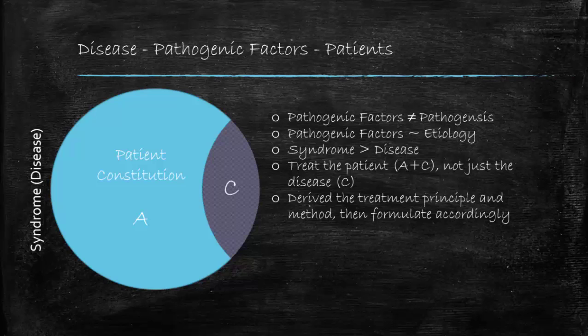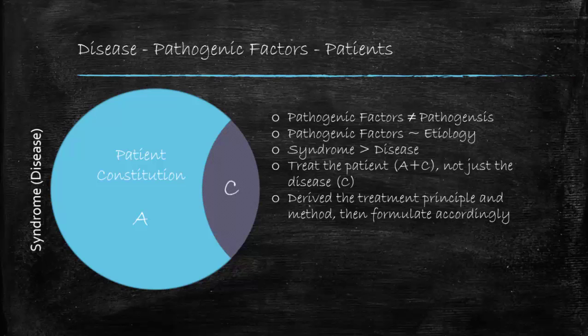At least not all of it. Because the pathogenesis that you identify through your diagnosis could be, yes, wind cold could be a pathogenic factor, it could be the etiology of why this person is having a cold, but the pathogenesis that you identify in terms of what treatment you're going to do, where you're going to treat, what you are going to treat,